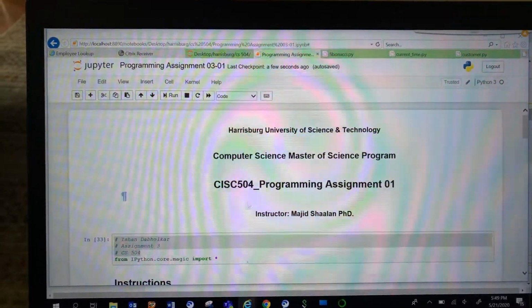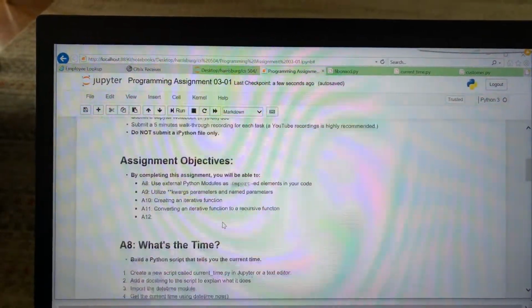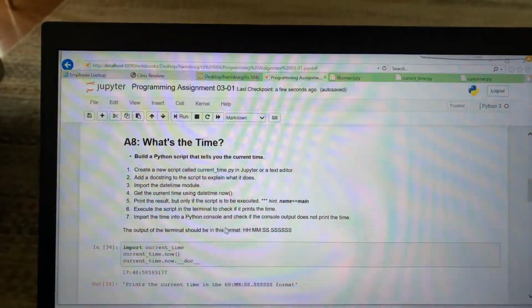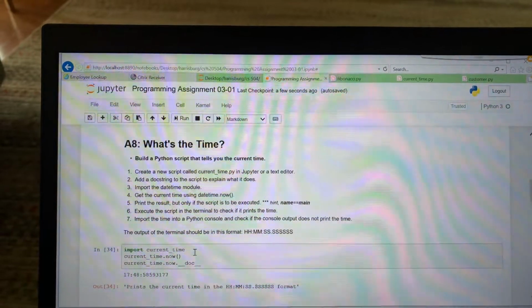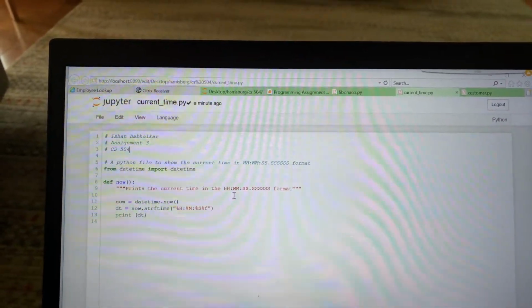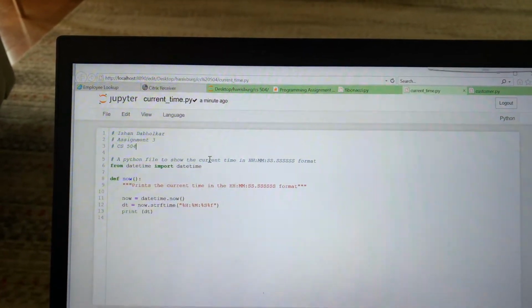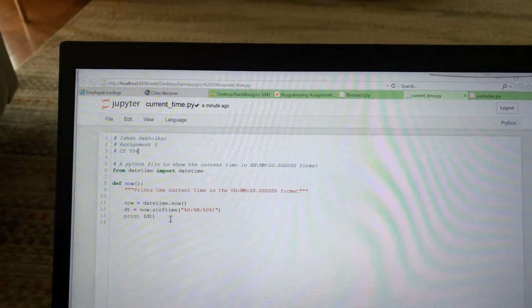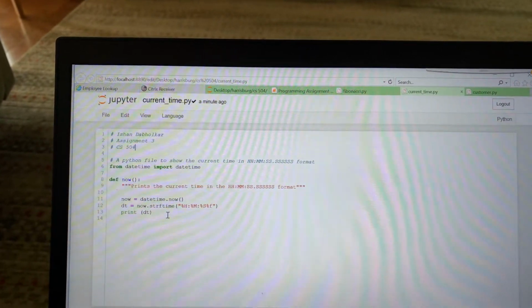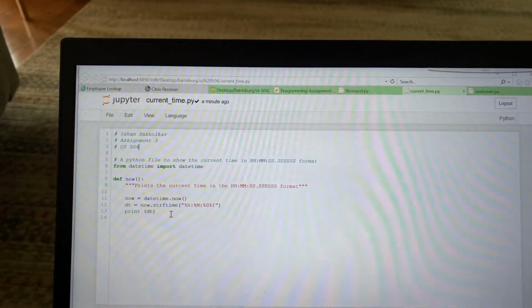So moving forward, we need 3 sets of files as given in the example. In the first example, we need a file which is current time. So right here in my local directory, I have my name here. I have this file called currenttime.py. I'm importing date and I'm just printing it out as required in HHMMSS format using the strftime APIs.